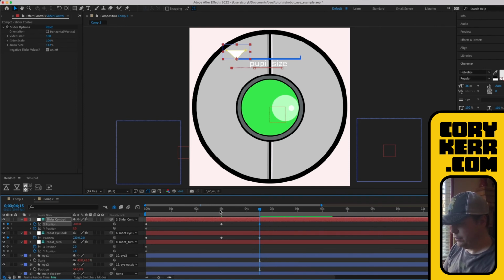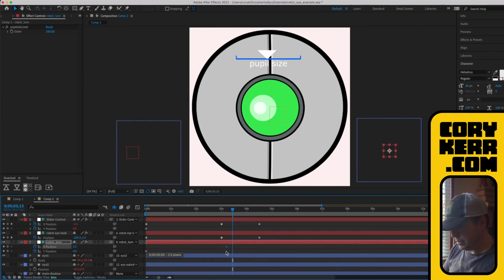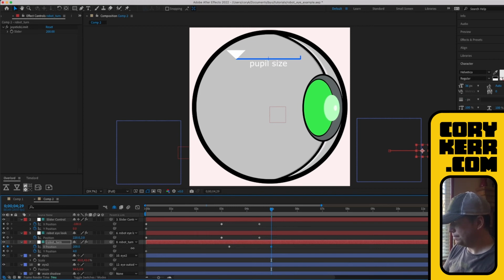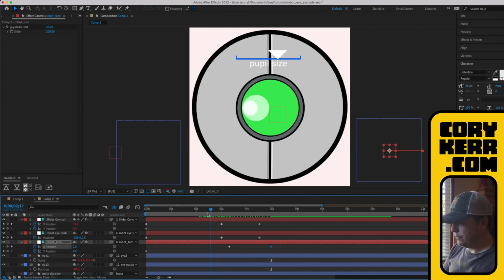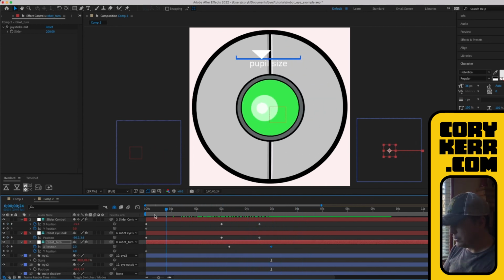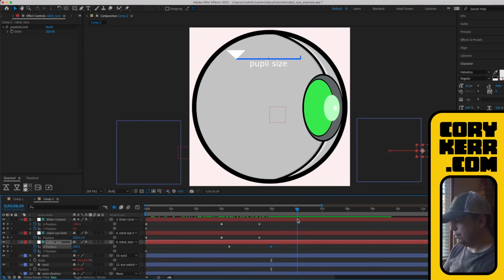Okay, and then as we look to the right, let's say we start about here, and we'll start looking as we turn the head. So I'm going to just adjust this keyframe like that, and then we'll finish that way. Okay, so that's kind of how you'd do that. So you can kind of control that. We can put some wiggle expressions on there. We could do all kinds of different things.